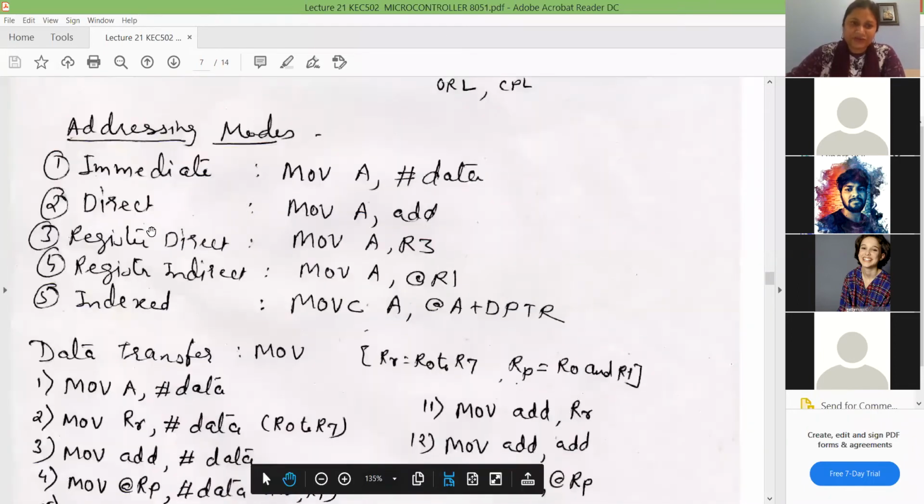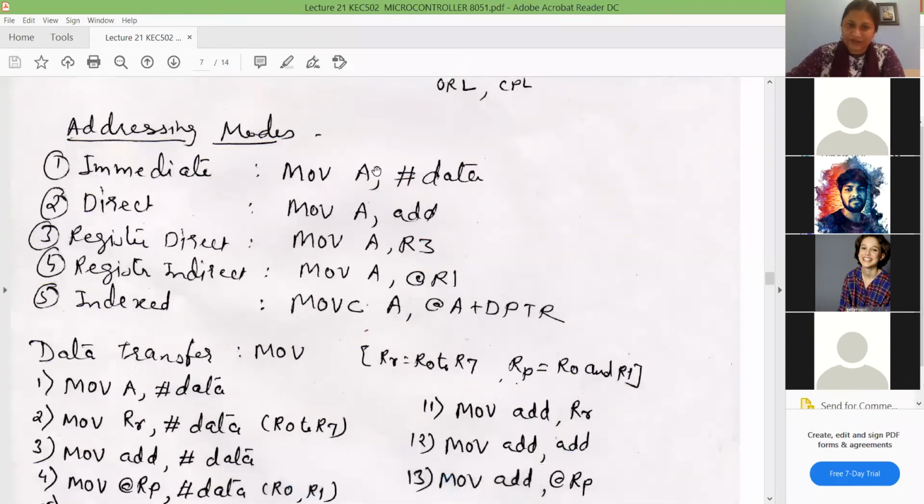Now there are addressing modes like immediate addressing mode, where you move your immediate data. In 8085, you were having the MVI instruction. When you use the MVI instruction, I stands for immediate, so there you don't use a hash sign. But in the 8051 microcontroller, the nomenclature is not MVI, it is MOV. For any type of move, it is MOV. So that's why, to specify the immediate data, we have to put a hash sign. So when we write the instruction MOV A, #data, that means this 8-bit immediate data is going into the accumulator.